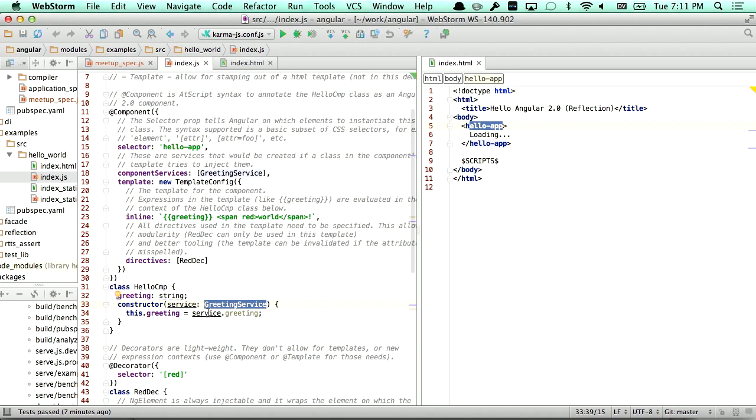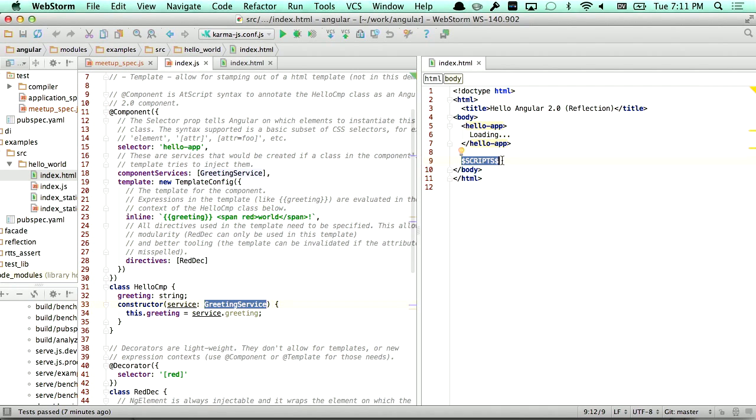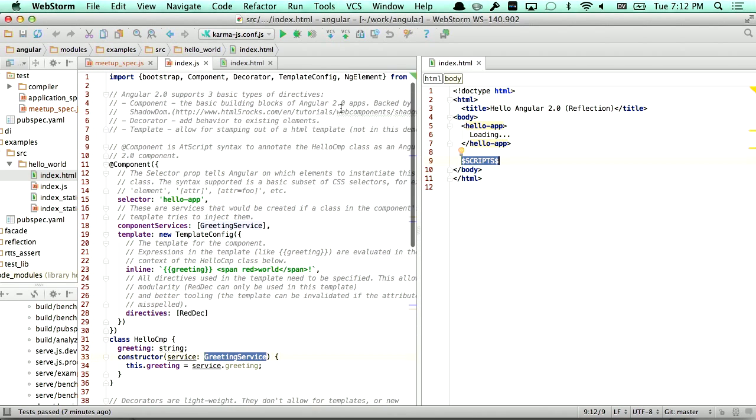Questions. First, how are we loading the scripts using that dollar scripts that is in the index, and the other one is how is browser support for this AtScript for now. Okay, so how is this getting loaded? We have our own internal build system that does this, and this is what the build system looks for. It looks for dollar scripts, and the reason for that is because when you transpile ES6 code, you need to select which module system you would like to use. So Traceur comes in, or ES6 is going to have its own module system, which was heavily inspired by the previous AMD systems like require.js and so on.